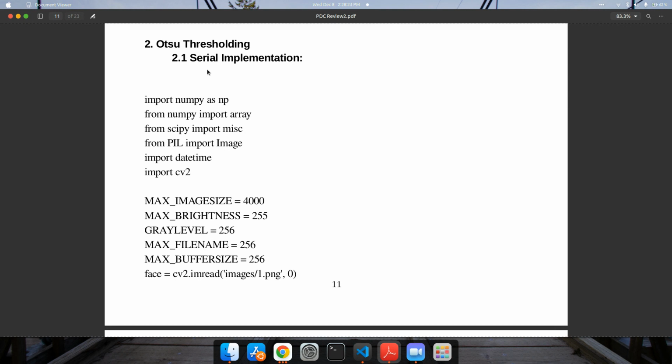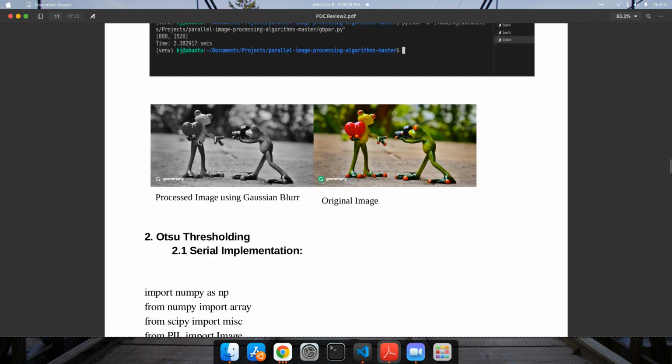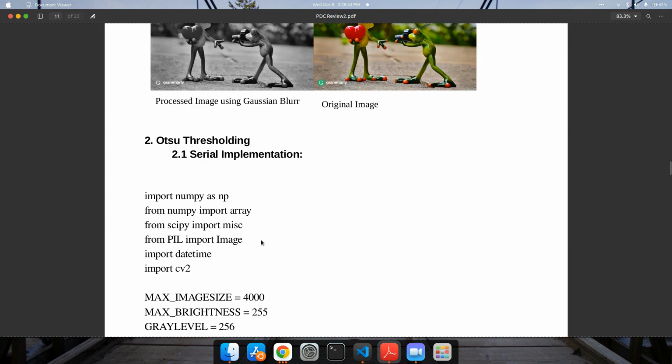So I've used the output of Gaussian blur, since Gaussian blur denoises the image data. This image, the output of the Gaussian blurring algorithm, I've used as input in Otsu thresholding.